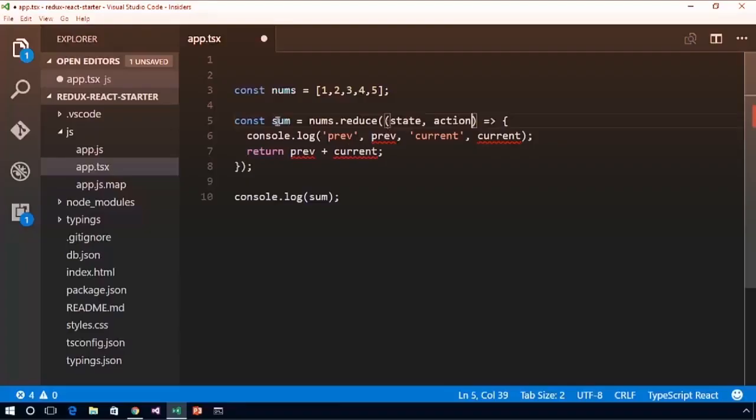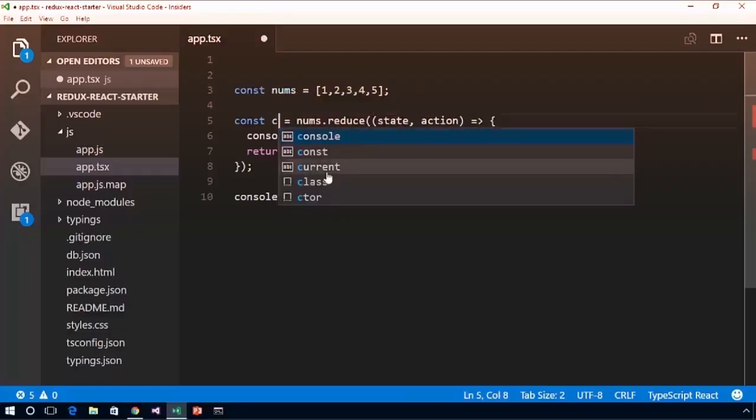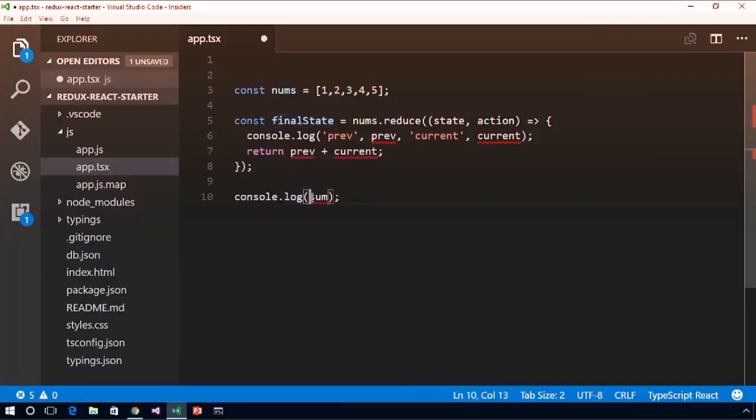The end result of this process is going to be what we'll call our final state here. Now, there's nothing magical about the term final state. I'm just using the term final state to indicate that, hey, we're done processing all of the actions that are going to occur. And we'll copy this and paste this down here. There we go. Now, we're going to look at these nums. Instead of looking at them as nums, we're going to look at them as actions. So we'll just view an action of 1, an action of 2, an action of 3, so on and so forth. So we're going to come down here, we'll modify our labels slightly, and we'll say state,